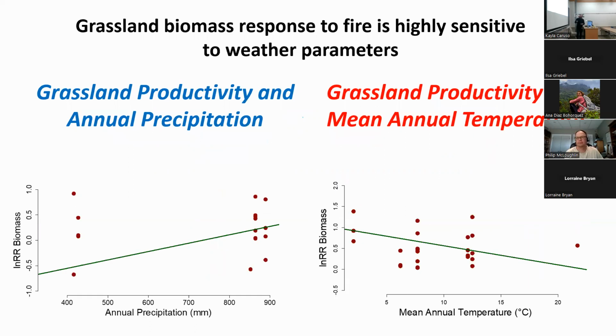In contrast, when we are talking about grassland biomass or productivity in response to weather parameters, it seems to be more sensitive. So it looks like when we are analyzing the response of grassland productivity to annual precipitation, it seems to be a positive response. So as long as we have more precipitation in those locations, it seems that the response in grassland productivity to fire will be more positive. On the other hand, we have the response of